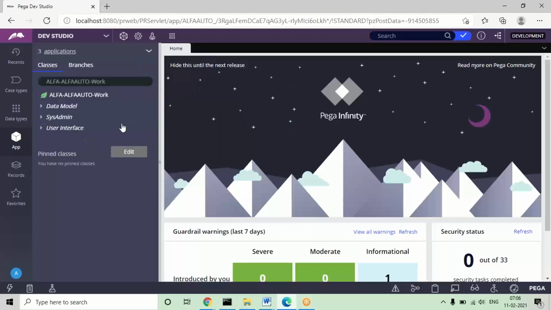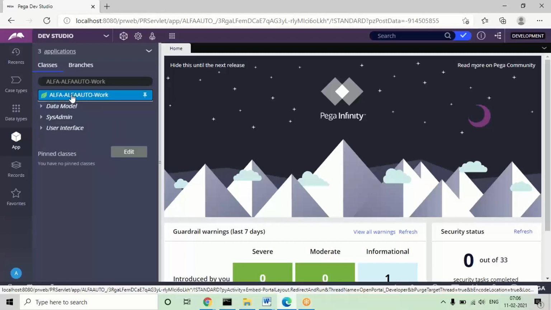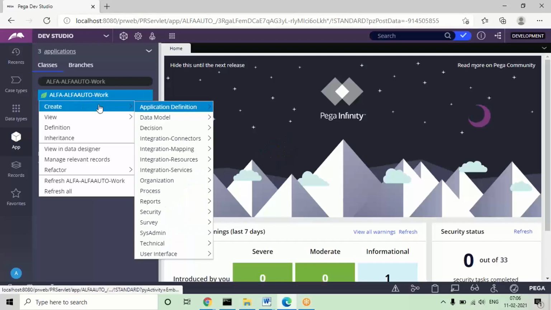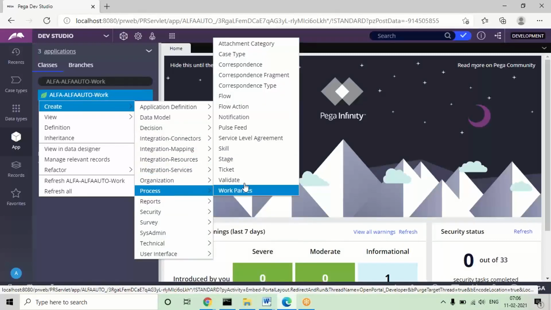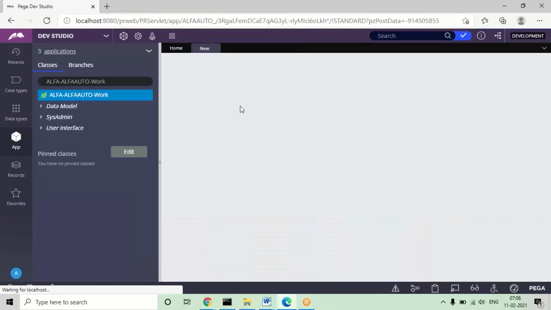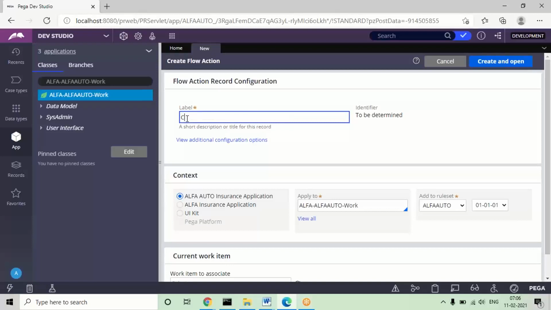See, in the application, if you want to open a flaction, go to the process category. If you right click on the class option, go to the process category. You can see a rule called flaction. Open this. You can give some name to this. For the section, see what name was given. Give a similar name, but at the end you can give it as FA. FA is nothing but flaction in short form. Give a name to this and click on open.